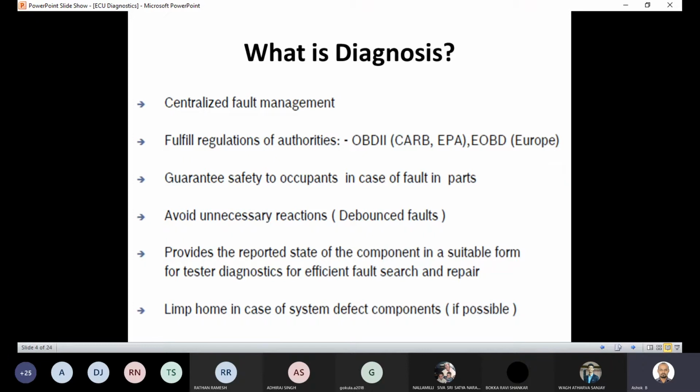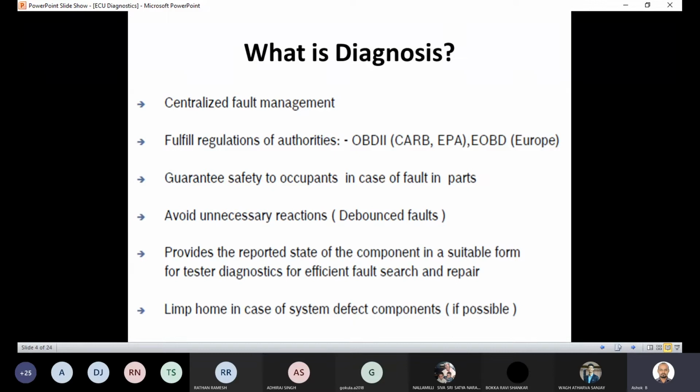In each and every ECU, there is a separate module or segment allocated for the diagnostic system, and all those diagnostic components of the ECU will be connected to the central fault management system. That is the central fault diagnostic system. This is to fulfill the regulations of authorities like OBD (onboard diagnostic), CARB or European OBD. In order to fulfill the regulations, this diagnostic will be used, and of course it will ensure the safe